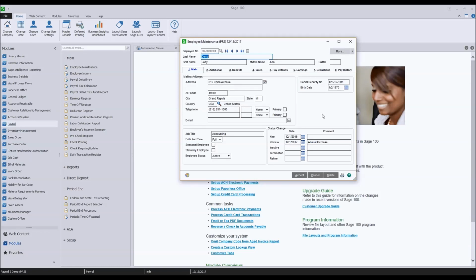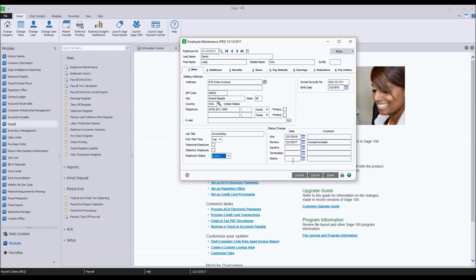Obviously, we've got our mailing address information, we've got our social security and birth date information over here in a really clean spot. We've got their title, are they full or part-time, are they a seasonal or a statutory employee, are they active, inactive, terminated, dates of different types of activities, when did they get hired, when was their last review, when did they get terminated, when did they get rehired.